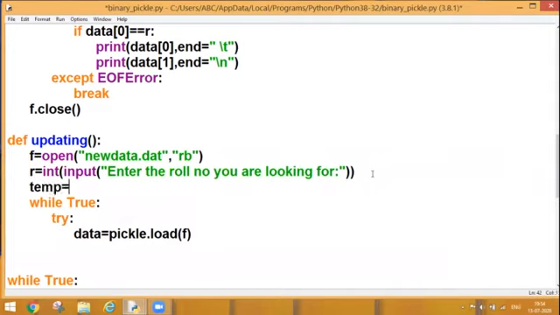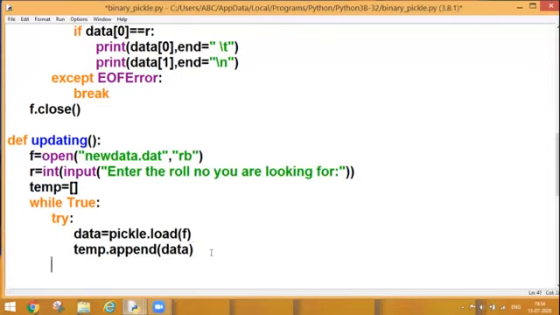I will take one temp variable and I'll be creating a temporary list. And I will transfer my data first into my temporary list. So what is the procedure for adding the data in the list? temp.append, and whatever data I am reading, this object I will pass as a parameter in my append function. So my data will be shifted to my temporary list first.